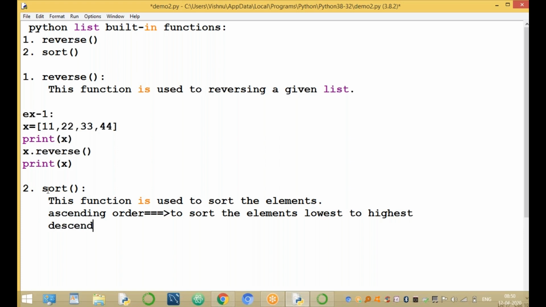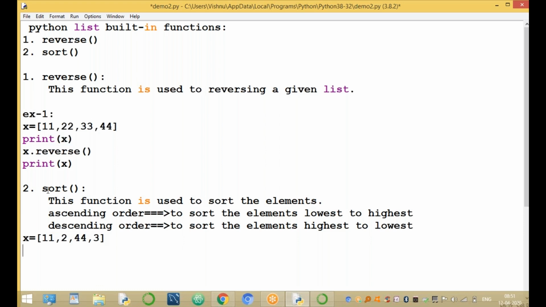The descending order means sorting the elements from highest to lowest. It's very important. Highest to lowest. For example, X equal to 11 to, for example, 44.